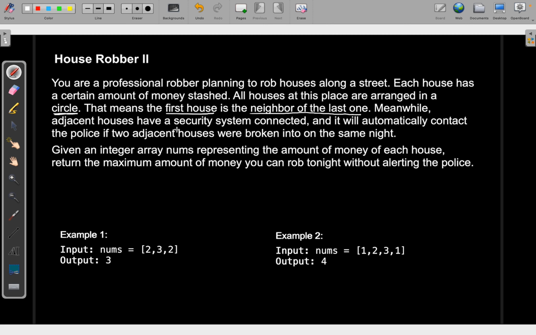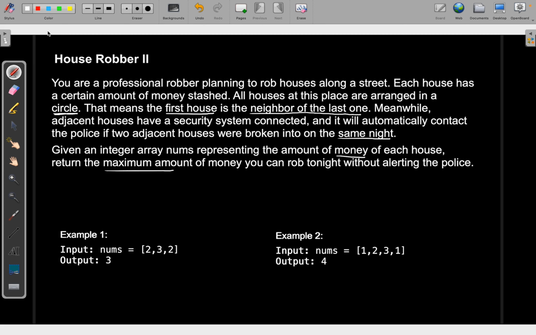Meanwhile, adjacent houses have a security system connected, and it will automatically contact the police if two adjacent houses are broken into on the same night. Given an integer array nums representing the amount of money, return the maximum amount of money you can rob tonight